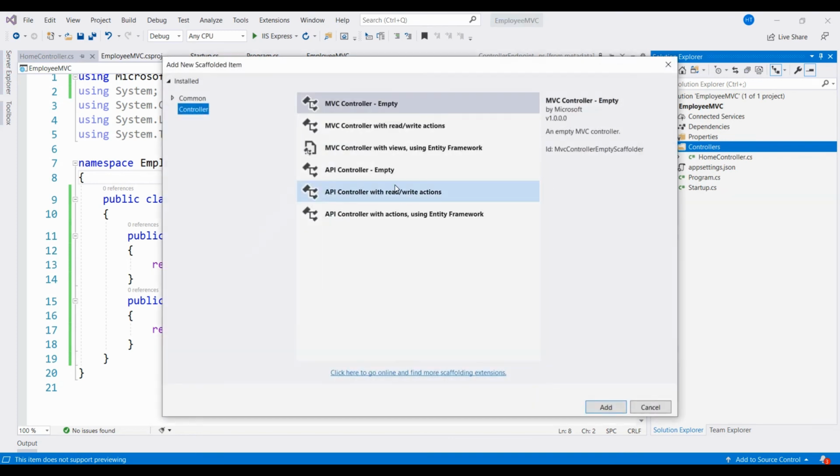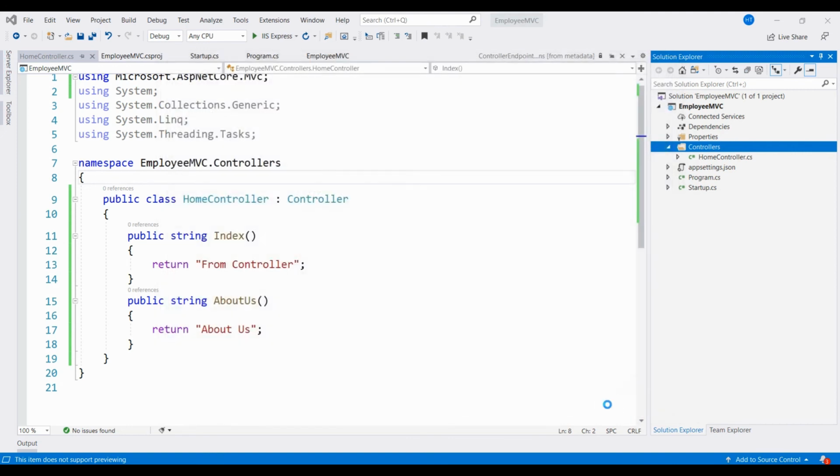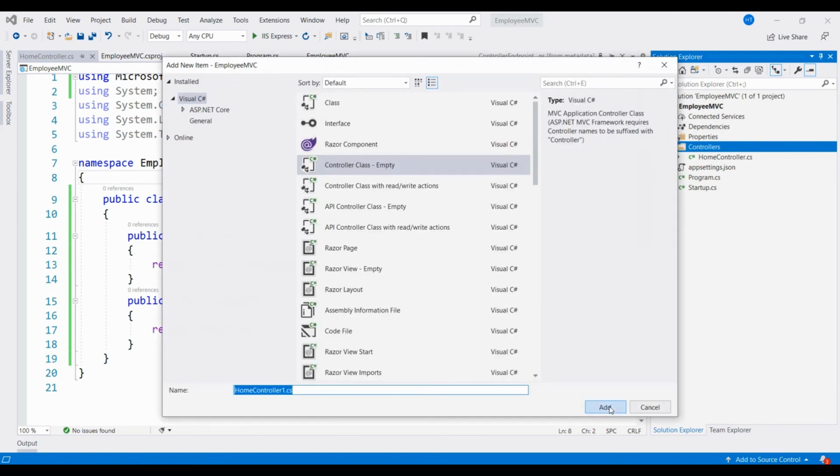When you get this window, there are three options related to MVC and three options related to API. Just select the MVC controller empty and click on add. I am going to choose the name EmployeeController.cs.